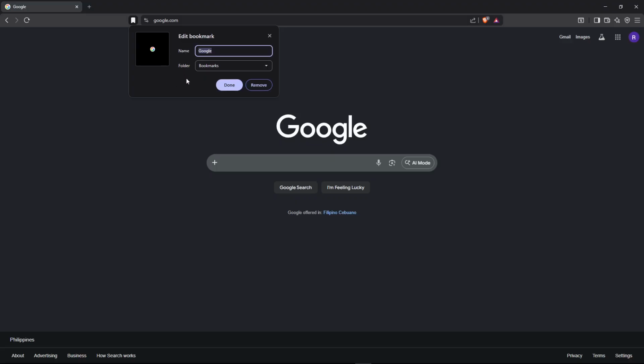This is where you can customize how and where your bookmark is saved. You'll see a drop-down menu that allows you to select the folder where you want to store this bookmark. Click on this drop-down to reveal all your available bookmark folders. This organization feature is really helpful because it lets you keep your bookmarks sorted by category, making them much easier